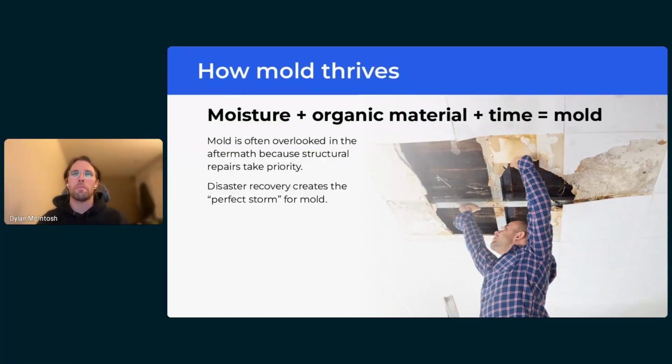So in a natural disaster, mold might not be, and most likely isn't, your primary concern, right? If you're worried about the health and safety of yourself, your family, your pets, the actual structural integrity of the home, depending on the scale of the disaster, you might not even be thinking about mold, and you wouldn't be thinking about mold for some time, which is kind of why it's a perfect storm for when there has been a disaster. The property is not a total loss, but mold is not something that's on the forefront of your mind.